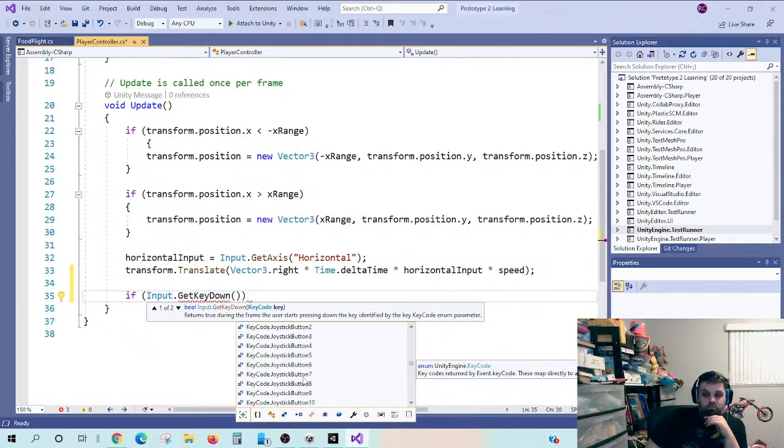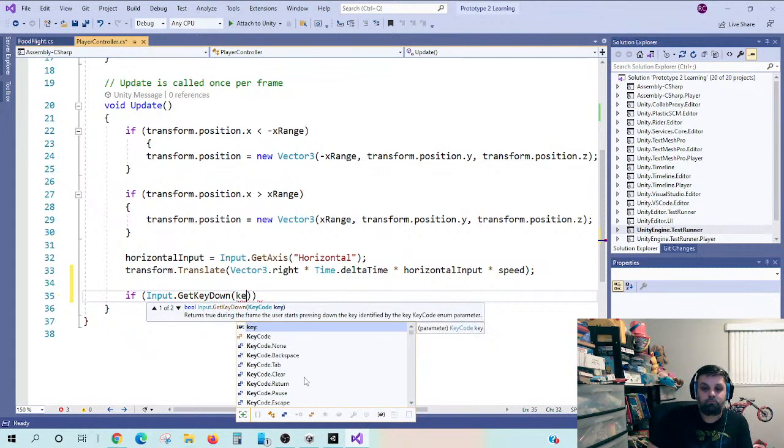Now, if the string that I want to use is space, or if it's space bar, I'm not entirely sure. I haven't really memorized that. So, a really easy way that we can do this is something that Unity and C# already do, which is super convenient. So we're actually going to get our key code. Now, a key code basically is mapped to any key on your keyboard. You can actually see in the description, it says these directly map to a physical key on the keyboard. Super helpful. So what we'll actually do is we'll type in key code,